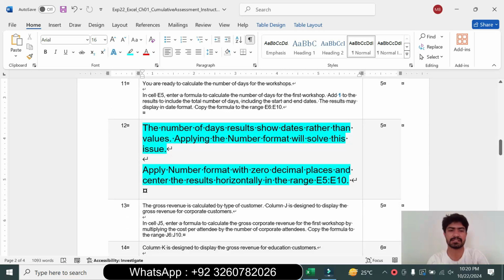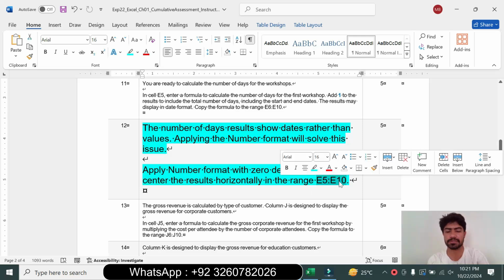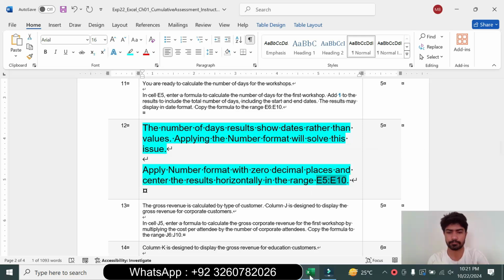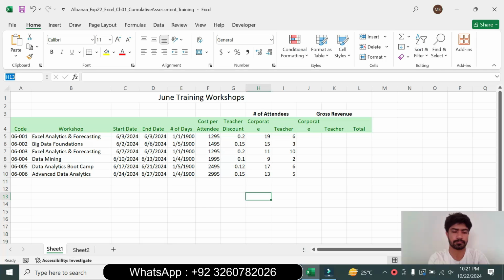So question number 12: the number of days result shows dates rather than values. Applying the number format will solve this issue. Apply the number format with 0 decimal places and center the result horizontally in the range E5 to E10. Select the range E5 to E10, press enter,